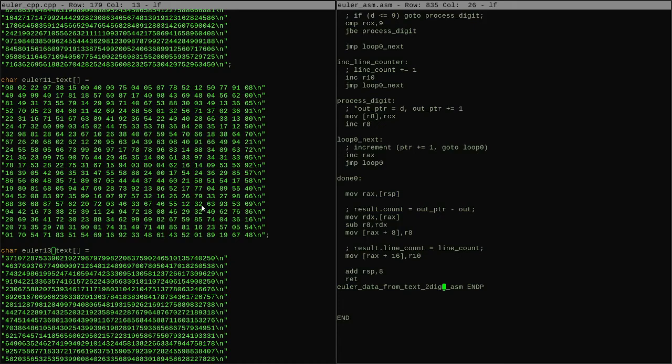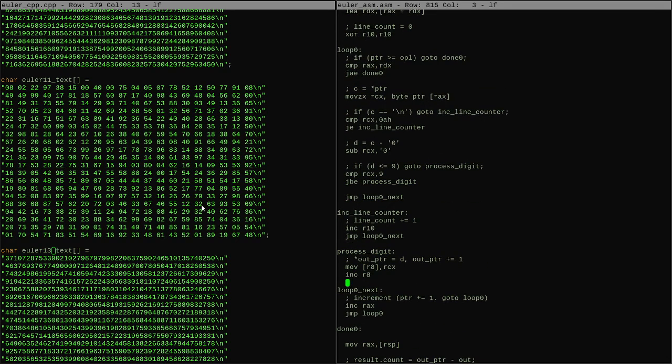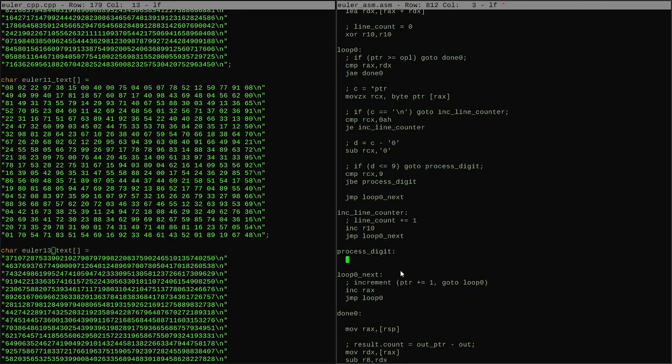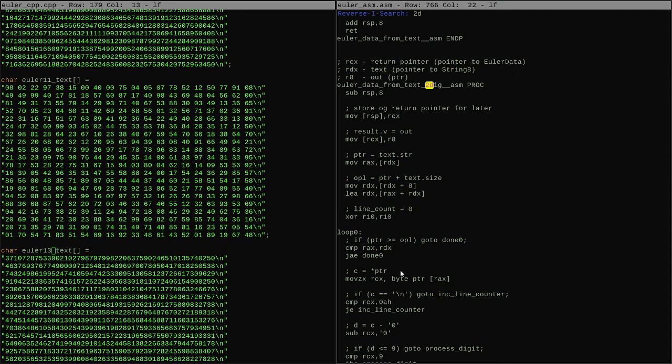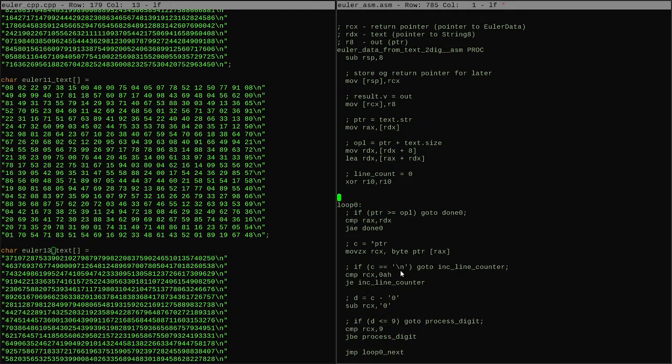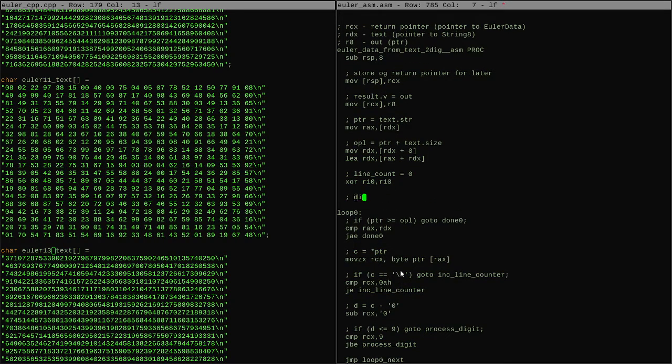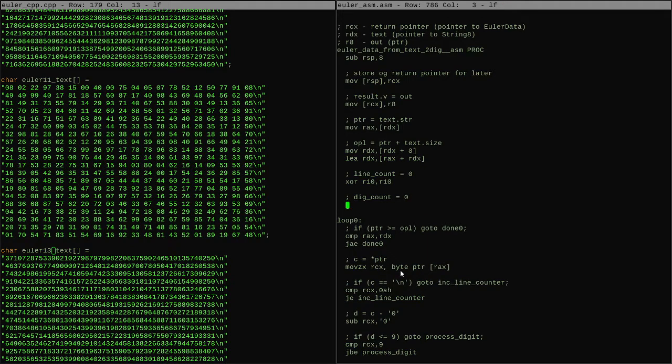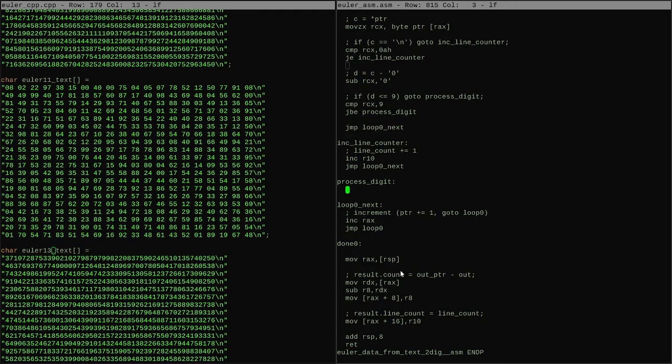Now, for a 2-digit loop, things have to be a little bit different. When we're processing a digit, it won't just be a matter of emitting it necessarily. First, what we have to do is accumulate it. We're going to have state going back and forth here. It's going to get complicated. So process digit, this is in the 2-digit case, right? I'm not modifying the wrong one. Yeah, 2-digit case. So we want a dig count here and set it to 0. That'll be in R9. Remember, R9 is free now. And so in R9 we have dig count, and then when we go to process a digit, we